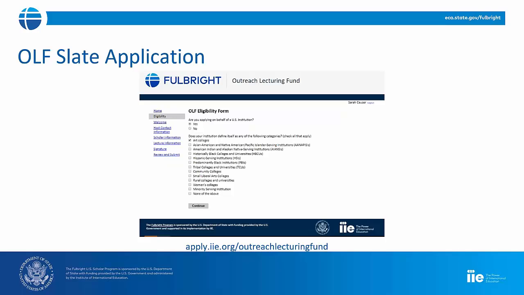Other questions I tend to get are, can multiple people in my institution have an account? Absolutely. You do not have to be the only person on your institution submitting these applications. However, if you want everything to come through your office, perhaps you're serving as the Fulbright Scholar Liaison for your campus and you want to monitor it for consistency, that is more than fine if you want to try and monitor that within your department.